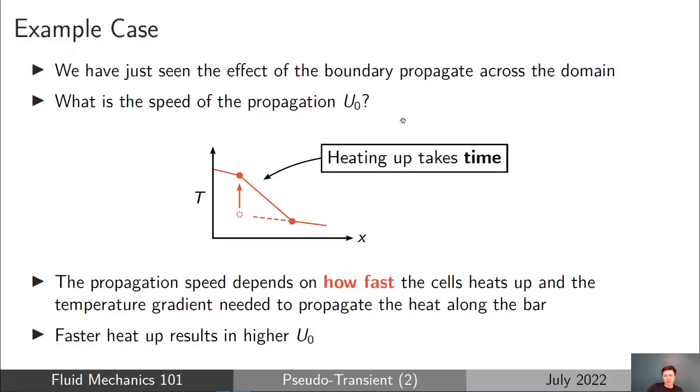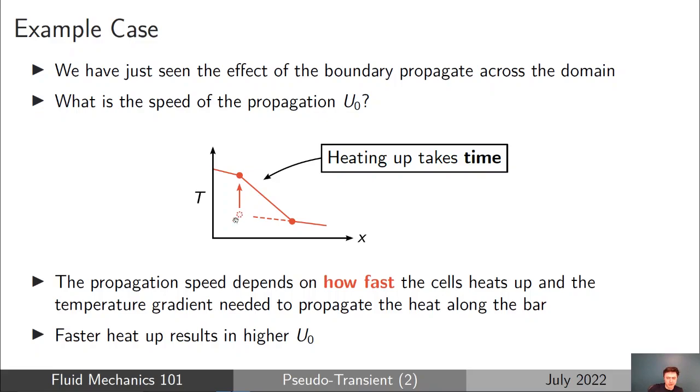And what we've actually just seen there is the effect of a boundary propagating across the domain. This is the thing that we're interested in when we're specifying a pseudo time step. We want to know what is the speed at which the effect of the boundary is propagating across the domain. And if we really think about it, the speed of the propagation in that example we just saw depends on